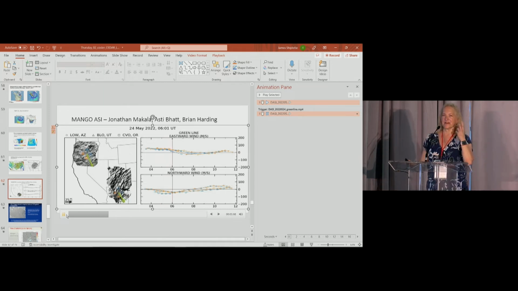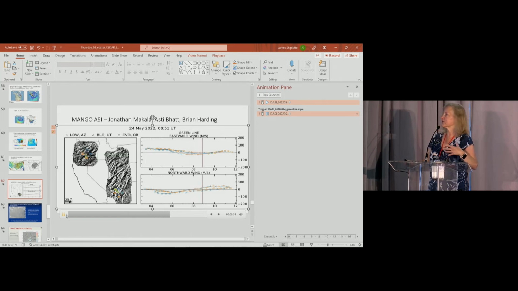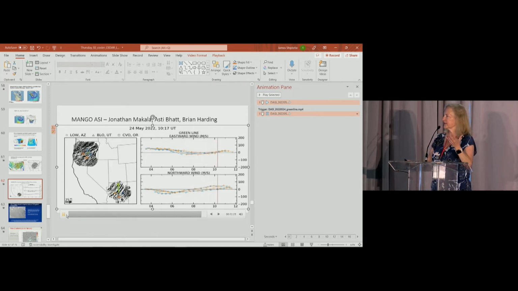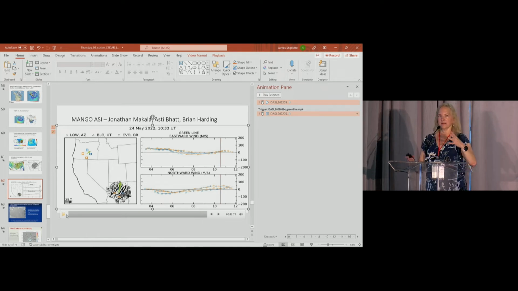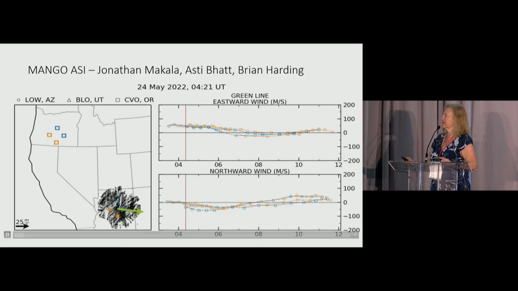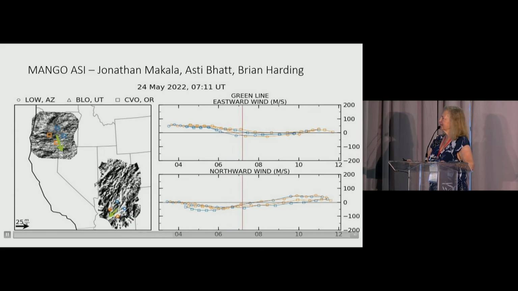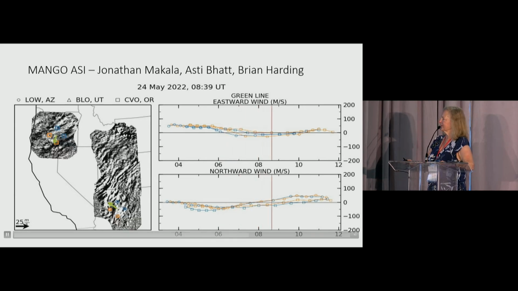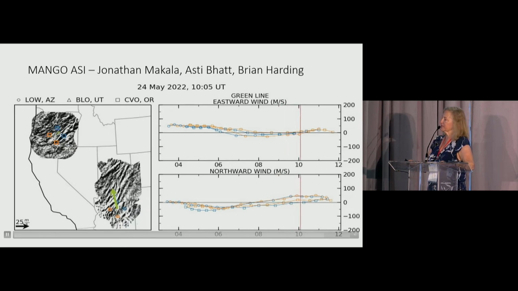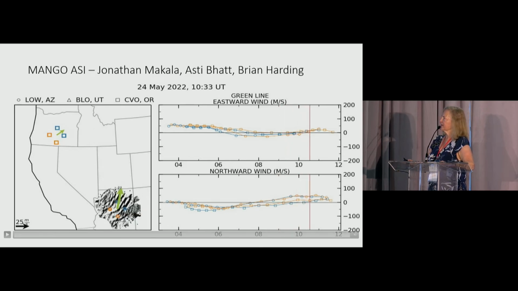What I want to say is that the granularity of what is now available from MANGO has greatly increased, and I think now we're looking at a database that is just begging for more analysis, and I think we need to take advantage of that. All right, we can go back. I'm going to go forward. The main thing I wanted you to see was, oh, now it's working. All right. I don't know what happened there, but you can see the winds are changing direction, so the TIDs are moving. I think this is really exciting.